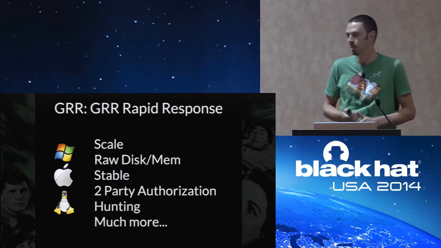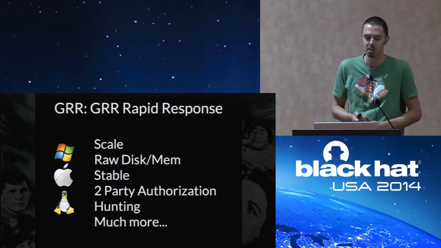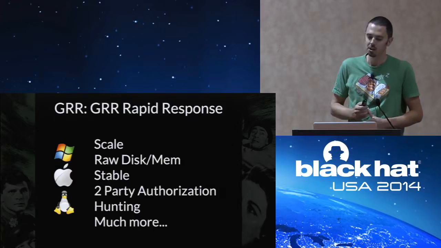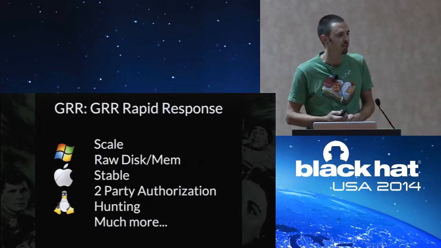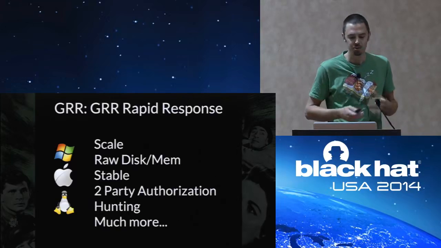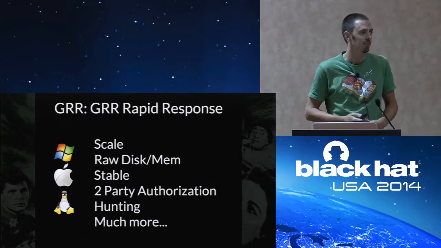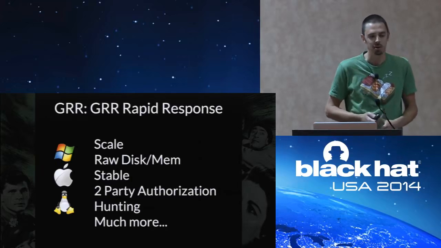It works on Windows, Mac, and Linux. It works at scale. We run it at scale. It gives you access to the raw disk and raw memory of machines. It's a stable client and a stable server. We run this on a lot of machines. And we also do a lot of work to make sure that we're not eating too many system resources. So we measure how much CPU, how much memory, how much network we're consuming, and we have limits for each